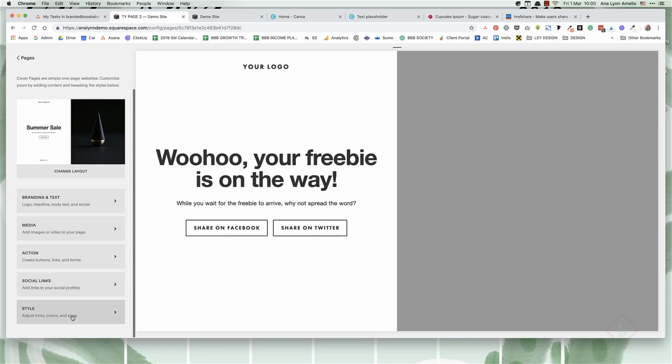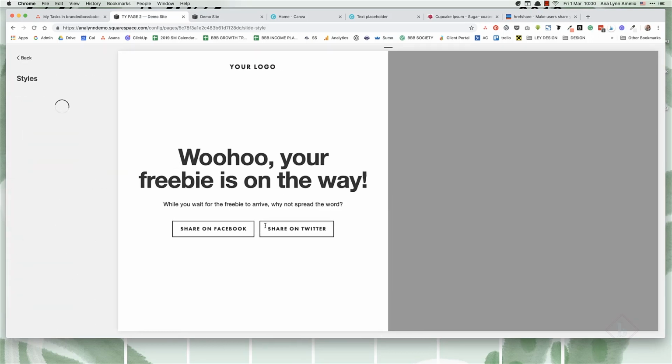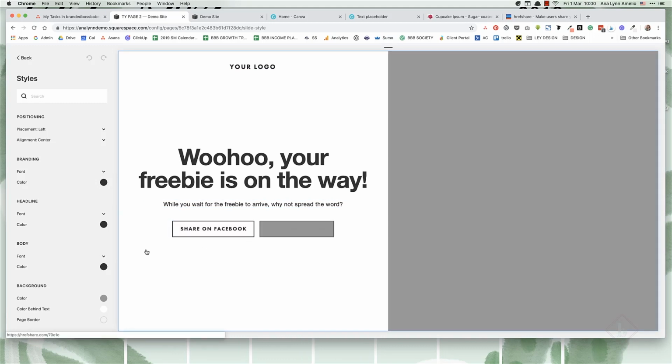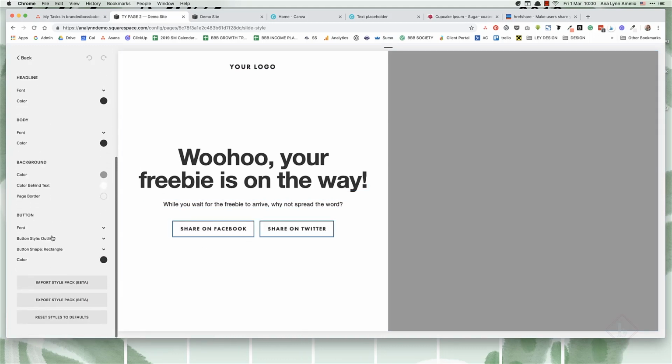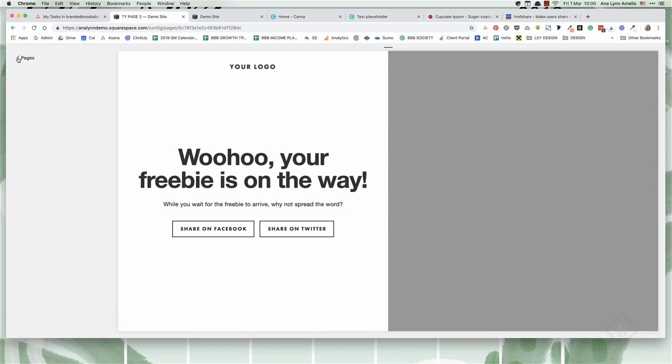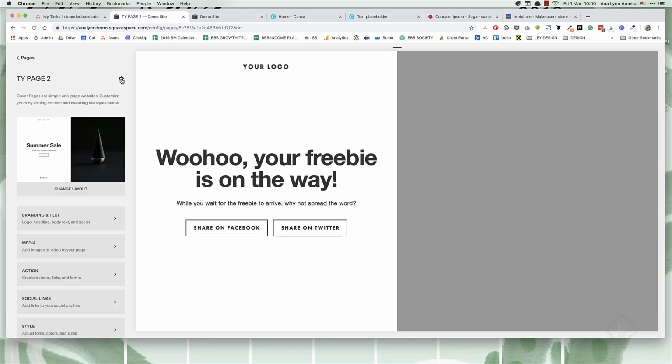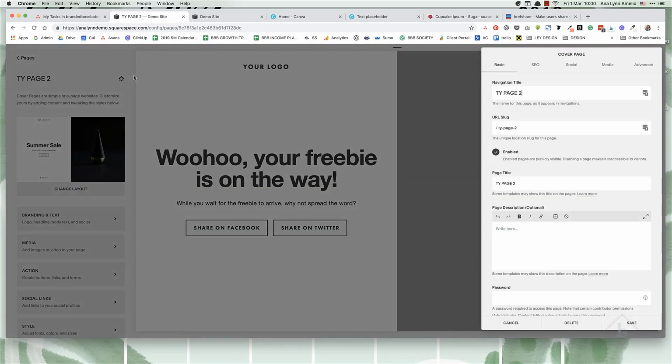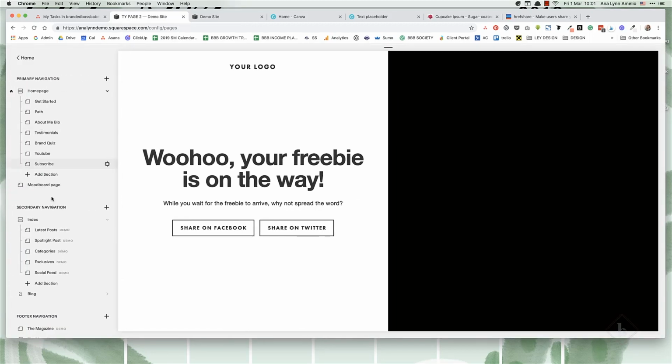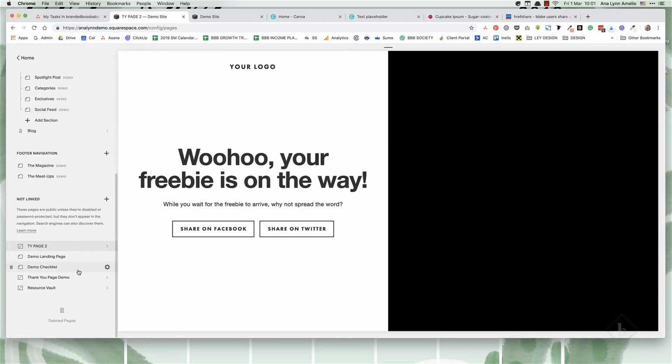Now, of course, you can basically go to style and edit the style settings for the page, change the button colors, and do the usual prettifying of the page. But for right now, all I'm going to do is go to the settings of the page, and we want this URL slug. Copy that, save, and then you need to go to your landing page,